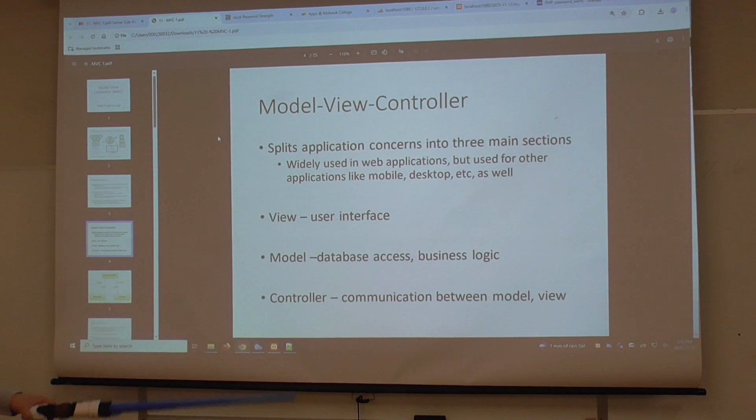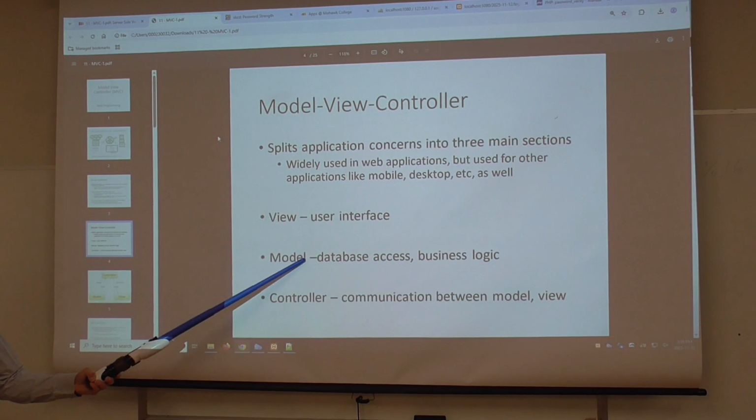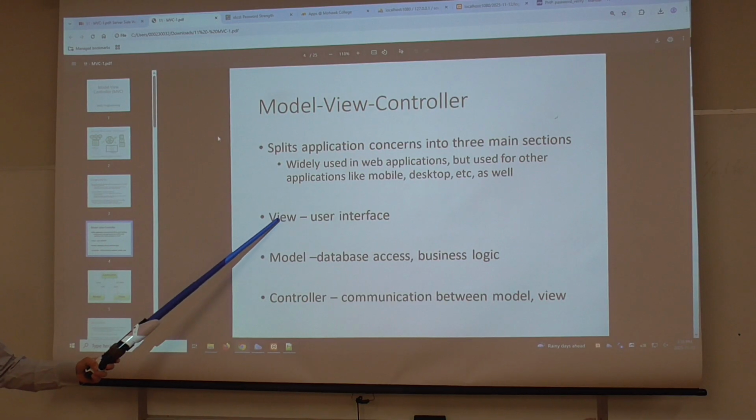Controller is primarily the communication layer between the model and the view. I would add one more thing to that: the model, the view, and the client, right? The controller is what receives the incoming request packet. It selects what model functions are necessary based on the packet it has received, and it selects what view is appropriate based on what the model has told it.